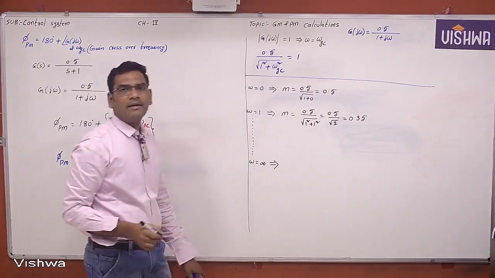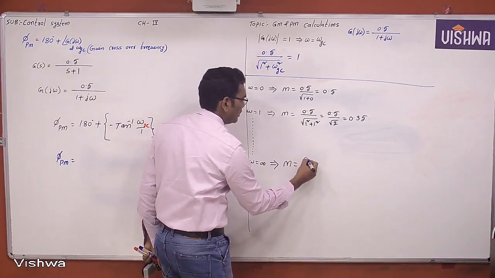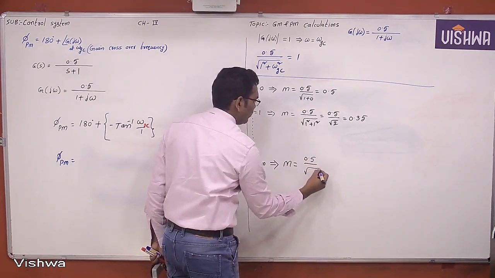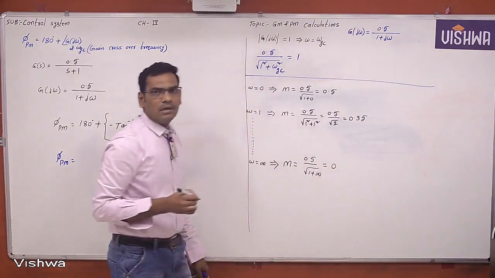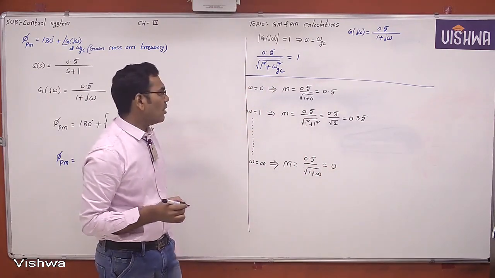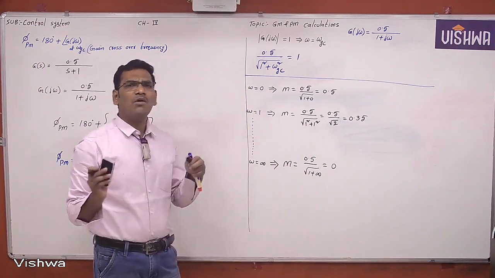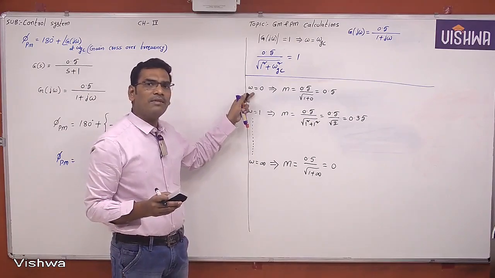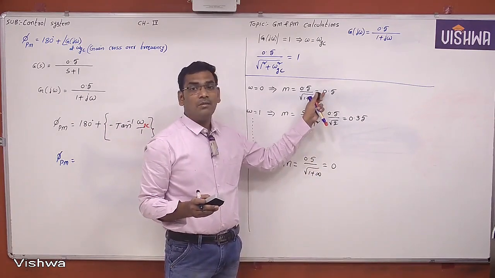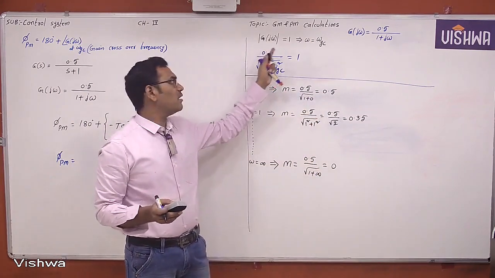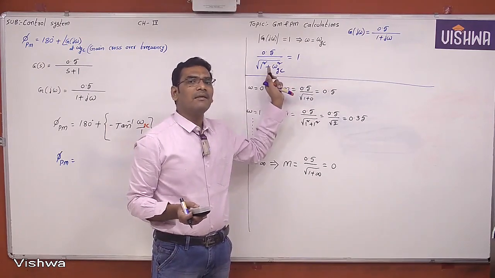When omega equals infinity, what happens? The magnitude is 0.5 divided by square root of 1 plus infinity squared, which is equal to 0. Now students, what did you observe? As the frequency changes from 0 to infinity, you substitute all the frequencies, but the maximum magnitude you get is 0.5. But the gain crossover frequency is the frequency when the magnitude is equal